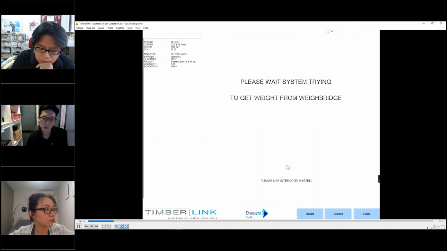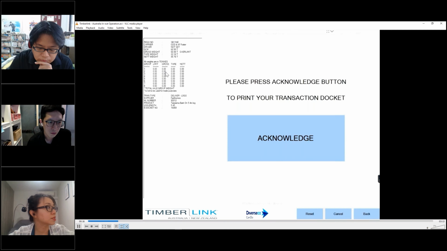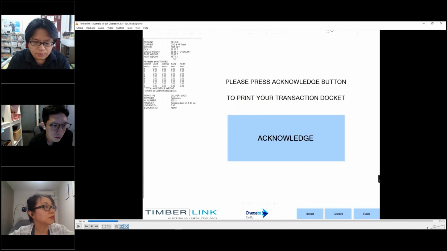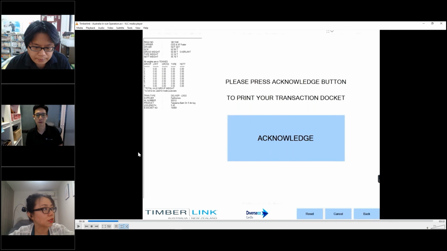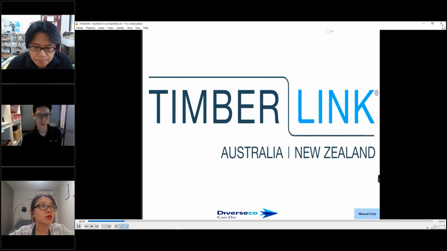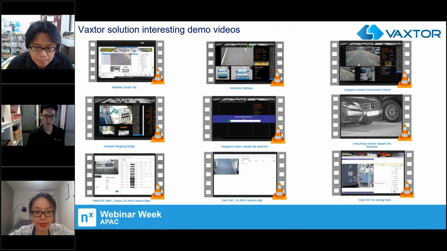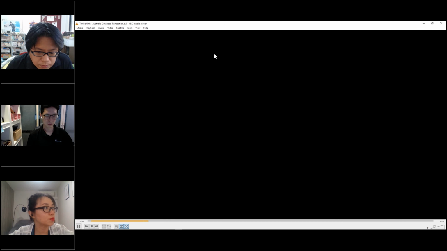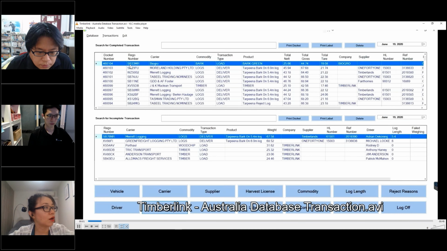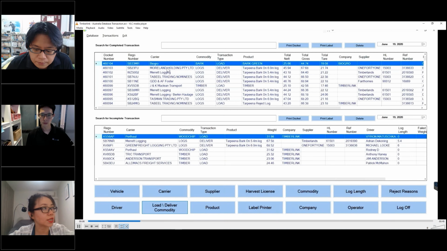Once the information is registered, the weighing station is able to record the entire vehicle's weight and all the details together with the license plate as an index. And the driver can print this as a receipt for their own record. Once all this information is generated, it will be sent back to their back-end management software. So they have all the records indexed by the different license plate numbers and the different transactions,